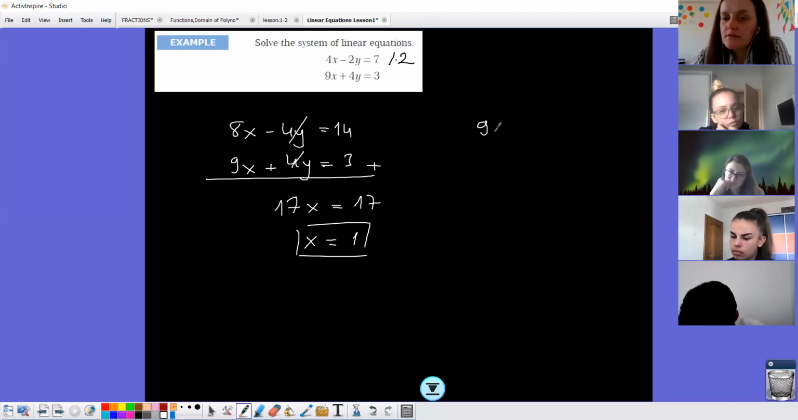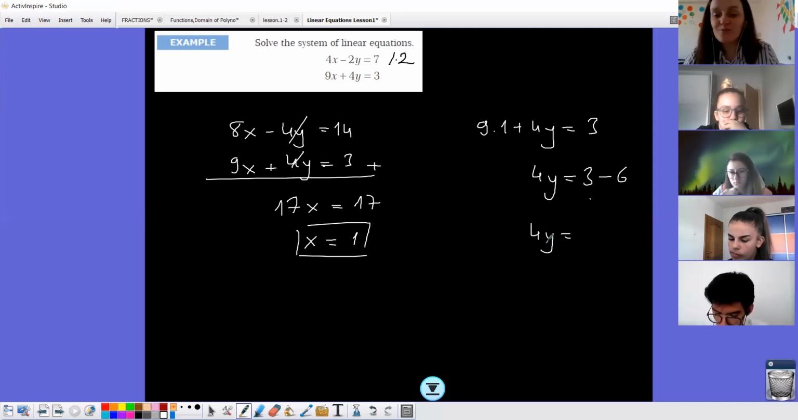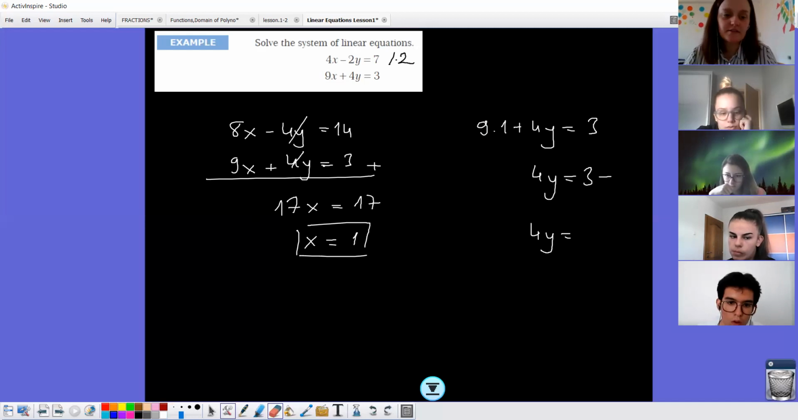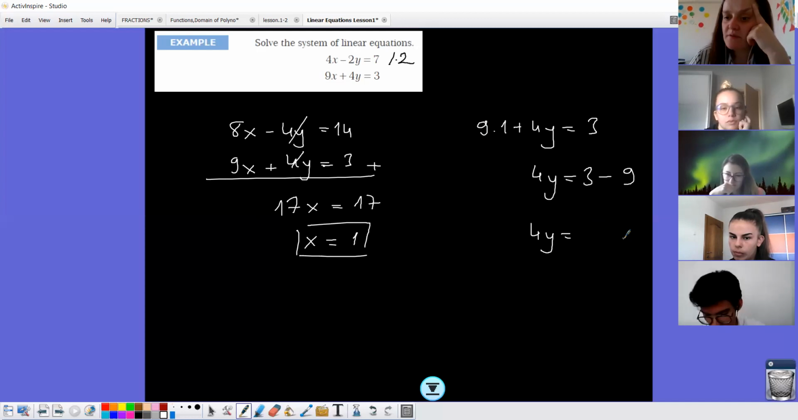So it will be 9 plus 4y is equal to 3. 4y is equal to 3 minus 9. 4y is equal to minus 3. Look what am I writing there? This is 9, not 6. So I'm doing the operation. My brain works